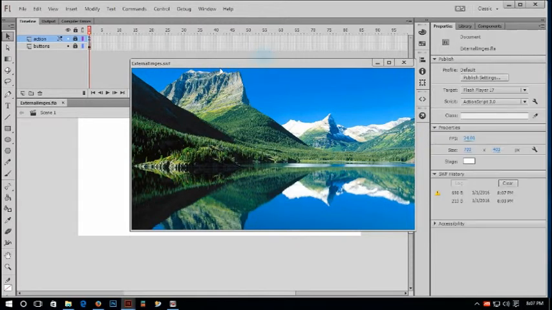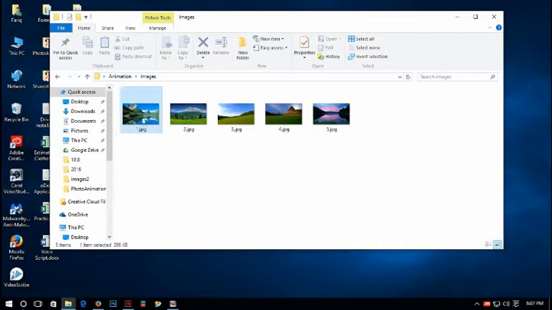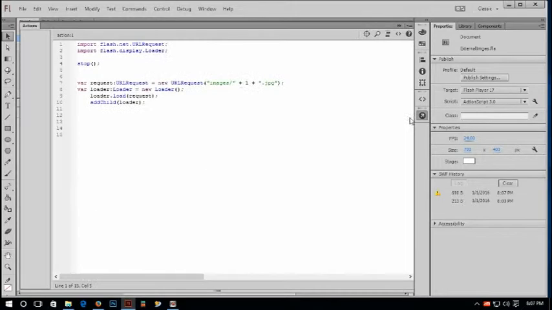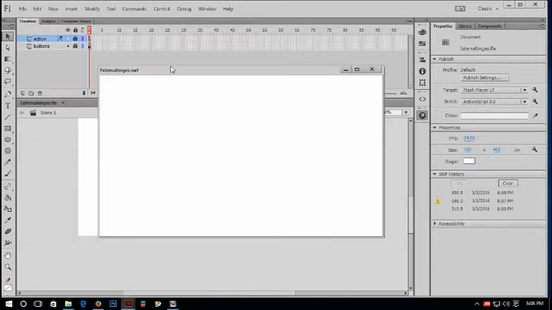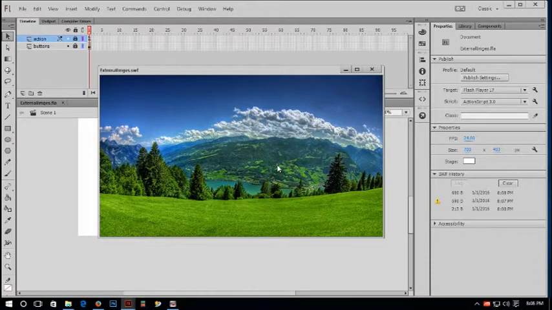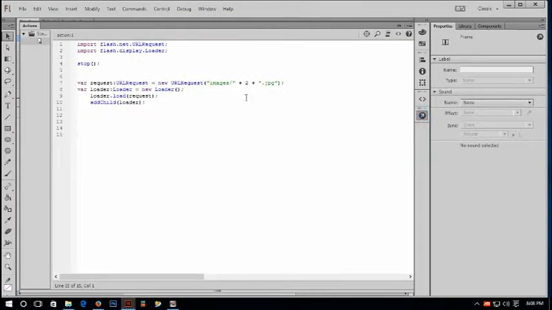You see, it's showing me my image, okay, but it's showing me my first image 1.jpg. If I change 1 to 2 and then test this movie, it will show me number 2 image, okay, and this is what you have to make with these 2 buttons. Okay, change these images 1 2 3 4 5, okay,